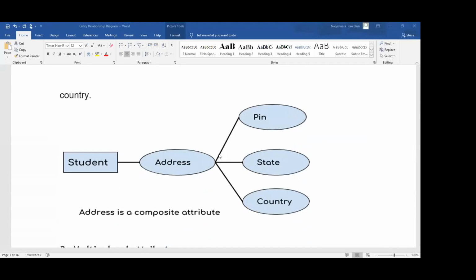The address again contains three or more attributes. For example, we write house number, street name, village name, mandal, district, state, and pin code, and we have to enter all these. Each one can be chosen as an attribute of this entity. This attribute is composed of many attributes, and combined they create the address attribute. So this is called a composite attribute.